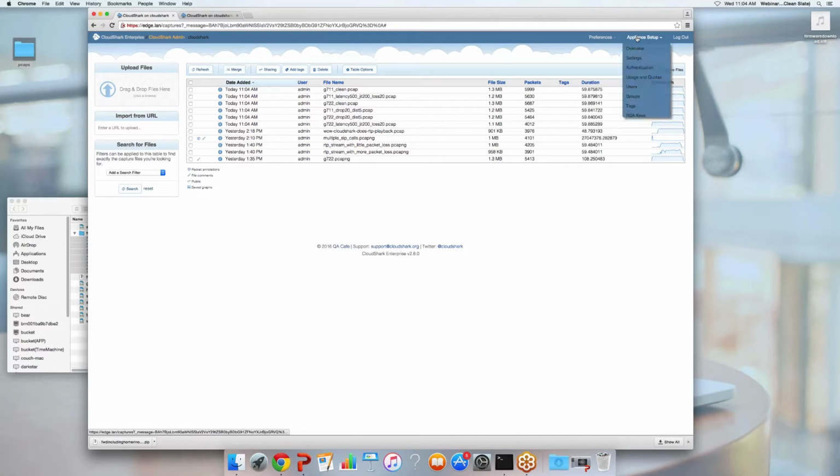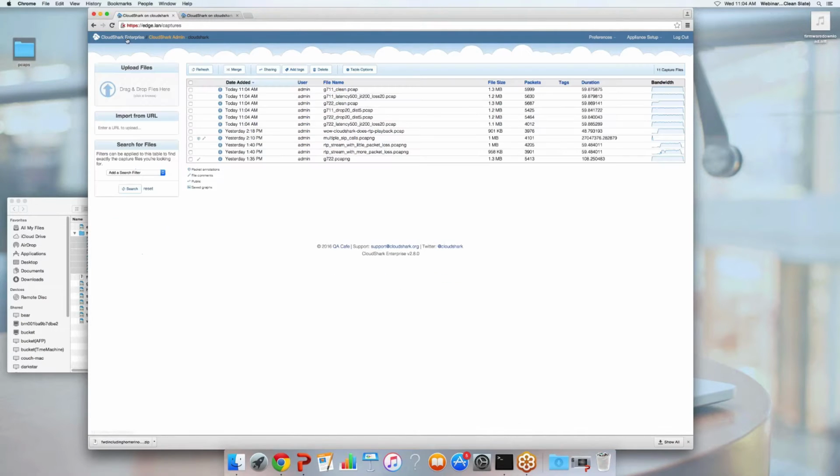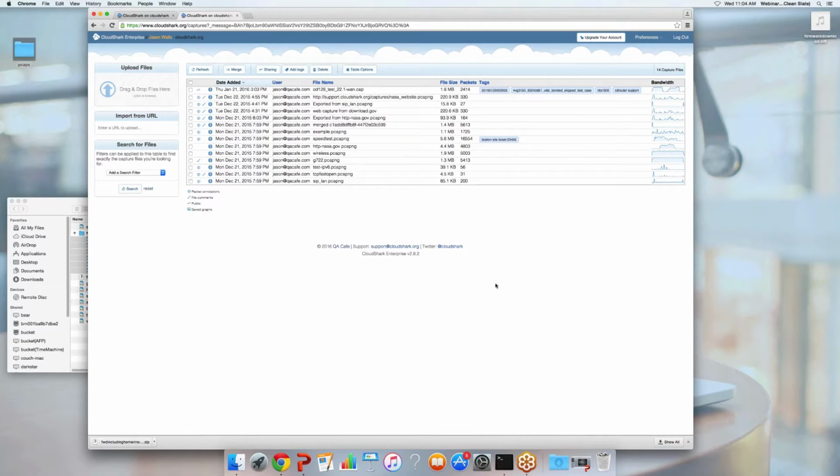you can go to the API tokens. And here you can add API tokens. So if you have CloudShark Enterprise, you can make your own API tokens. You can assign them to particular users or particular groups. If you're the admin, users can make them too. And if you're using CloudShark Online, you can find your API token in the Preferences menu